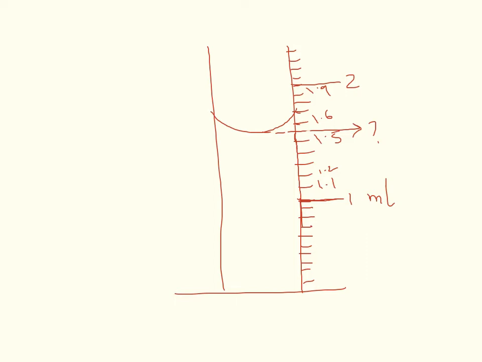meniscus since it is a clear liquid. So when you check the lower meniscus, I just made this part a little bit wider for you. In other words, I have not made this to scale, so you can see how we measure these volumes. So this is 1.5 and 1.6, and you can see that the lower meniscus is anywhere in between 1.5 and